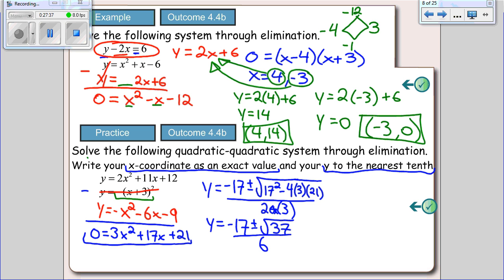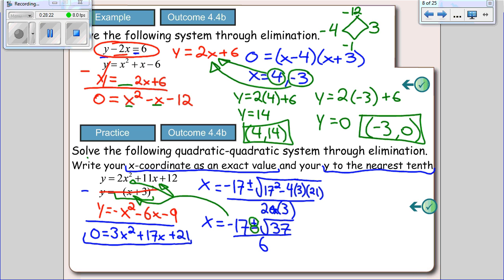Holy smokes, Mr. Kennedy. The quadratic formula is not y equals, it's x equals. We have two x values here. The first x value is if we use the plus, the second x value is if we use the minus. So you're going to have to take both of those and sub them in. When you sub them into your equation, you're going to take negative 17 plus root 37 over 6. You're going to plug that thing in to one of your equations. You can plug into this one that we canceled out, or we can plug it into this thing over here. It's your choice. But when you do that, you're going to get y equals,